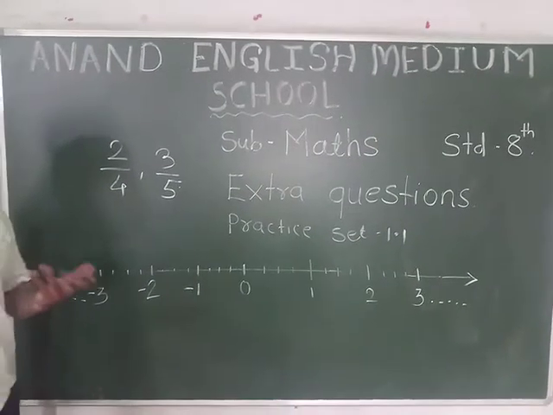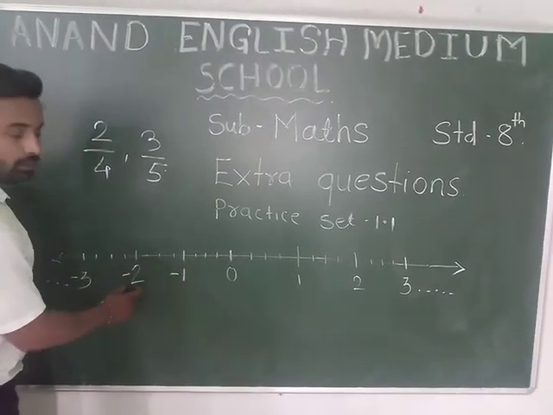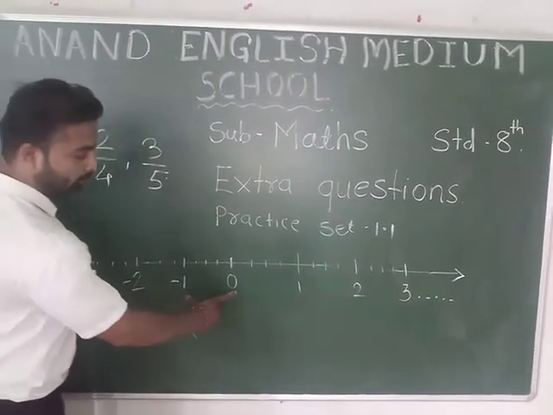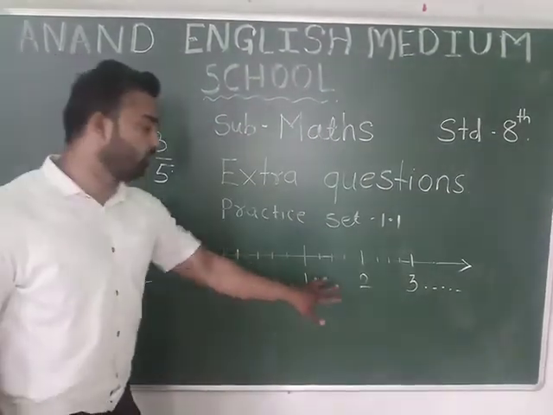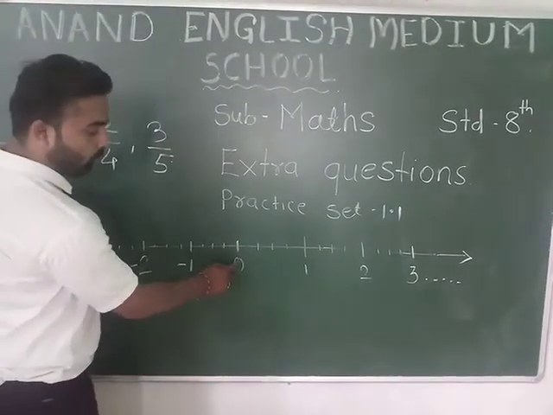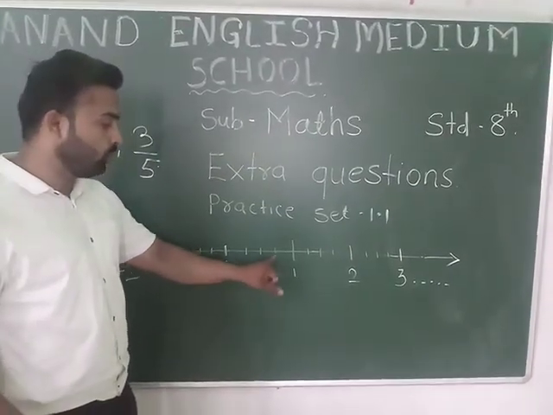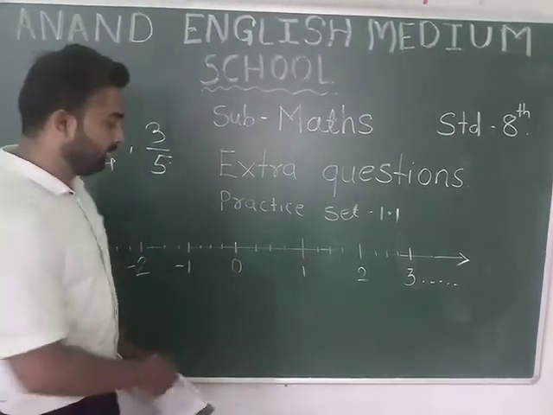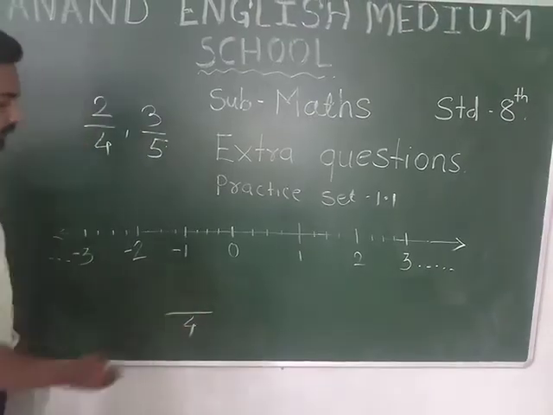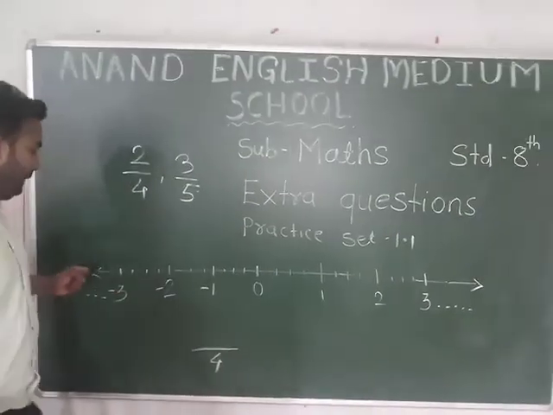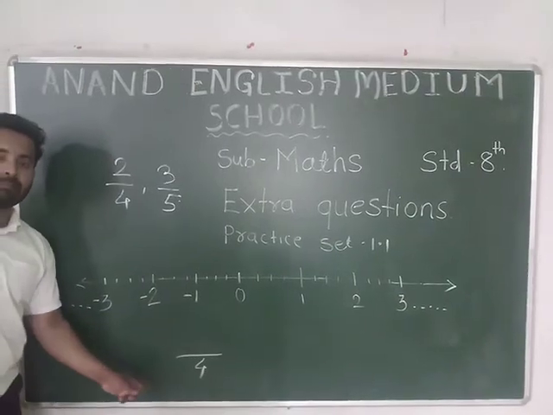What is a unit? Unit is nothing but the points between two numbers. How many points are there between the two numbers? Just like from 0, we count how many points. That is 1, 2, 3 and 4. That is, here the unit is 4. Whatever the numerator is, this number line has the denominator 4.